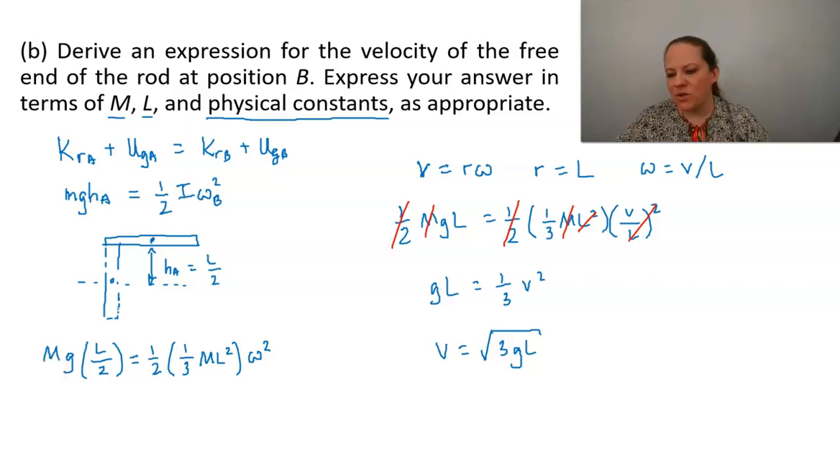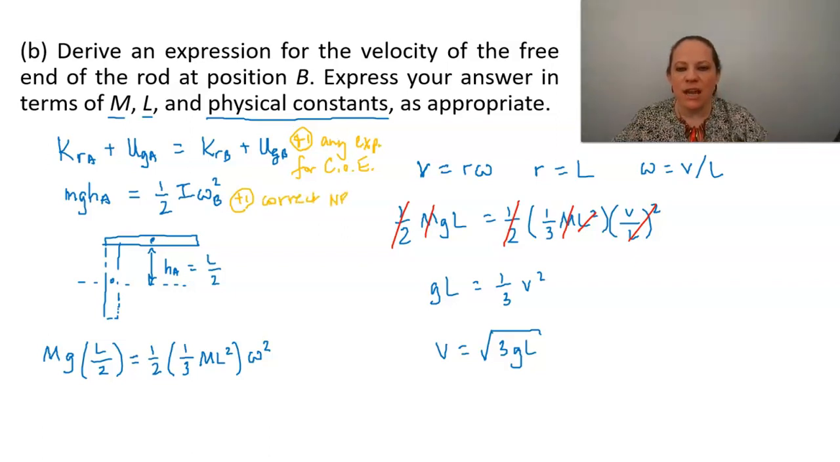And so now we can talk about scoring. We're going to get 1 point for any expression for conservation of energy, which I'm just going to abbreviate COE, conservation of energy. We are going to have a point for a correct energy expression. I'm going to abbreviate energy, NRG. It's one of my quirky things. Correct energy expression